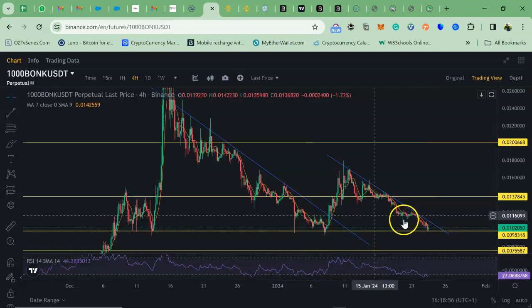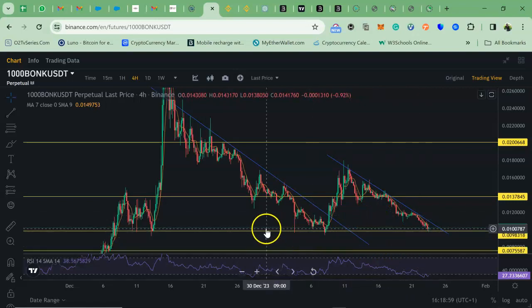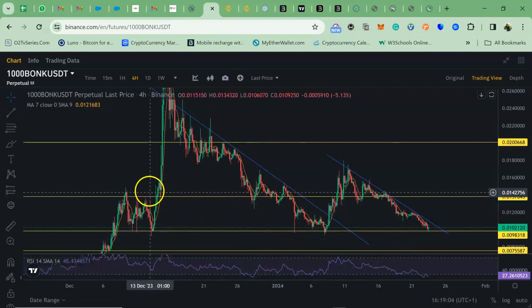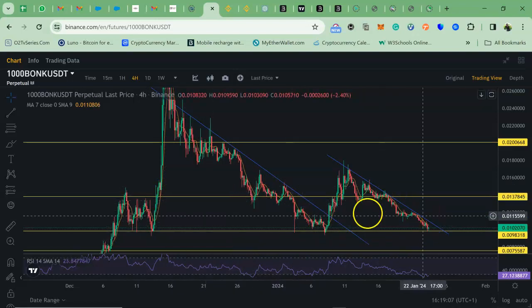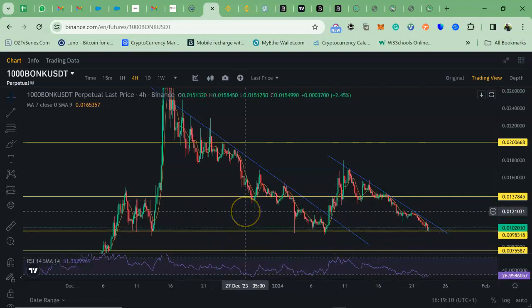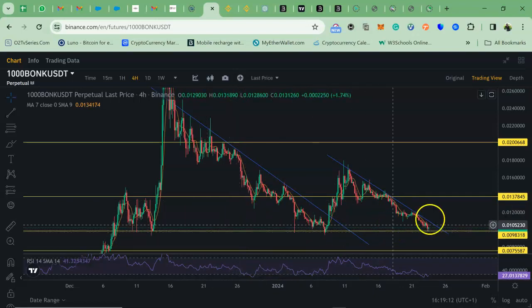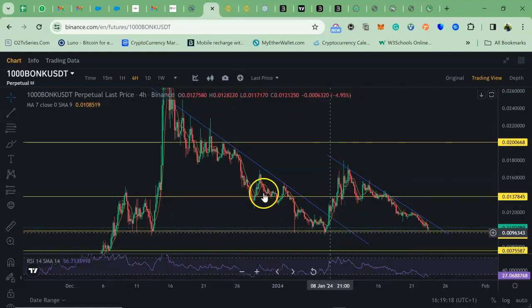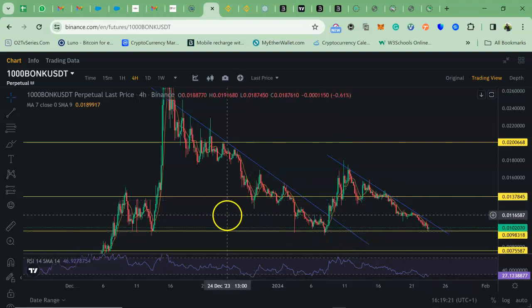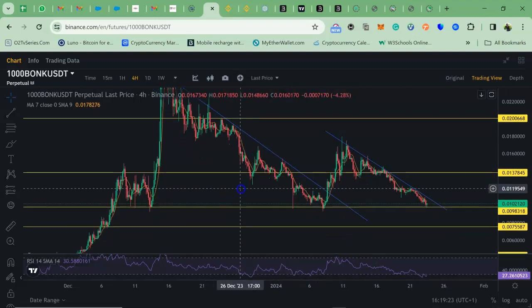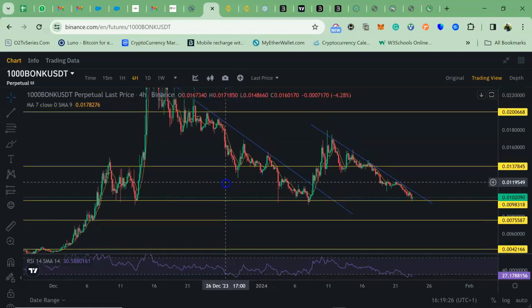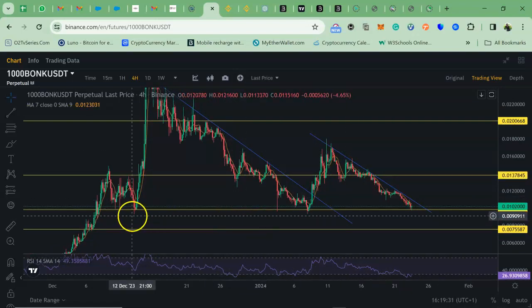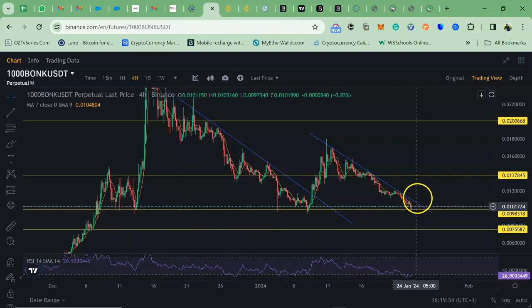So I believe this is an opportunity for people who want to get hold of Bonk. Bonk is like the king of meme coin right now, and you can invest in it strategically, especially at this critical level. Following my support and resistance line, you can see critical areas that I've marked out on this chart. So right now, it is at this critical support level here. And if we look at